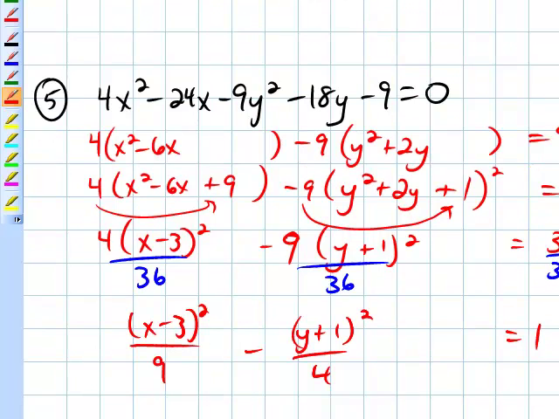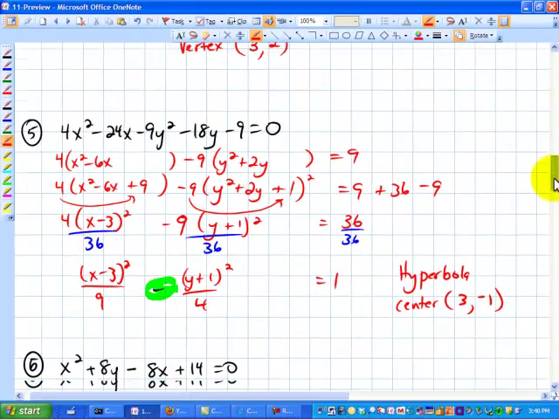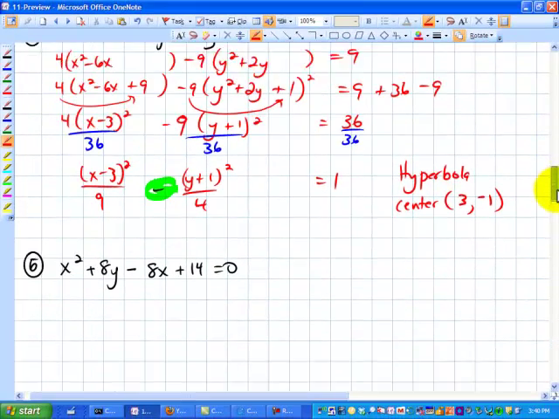Well, what is this thing? I see the subtraction sign in between. That tells me that this baby is a hyperbola, and that the center is at, oops, it's at 3, comma, -1. For number 6,